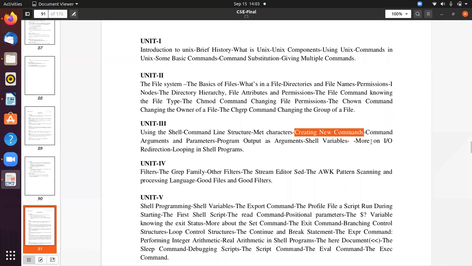So how can we create a new command? We discussed it in earlier classes. So how can we remember the previous class?